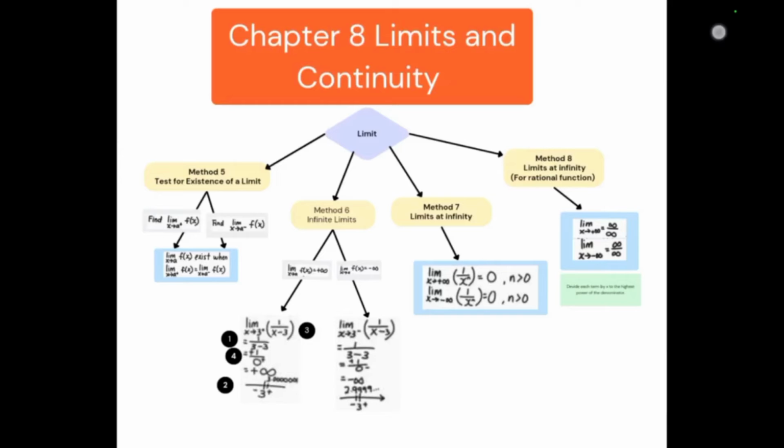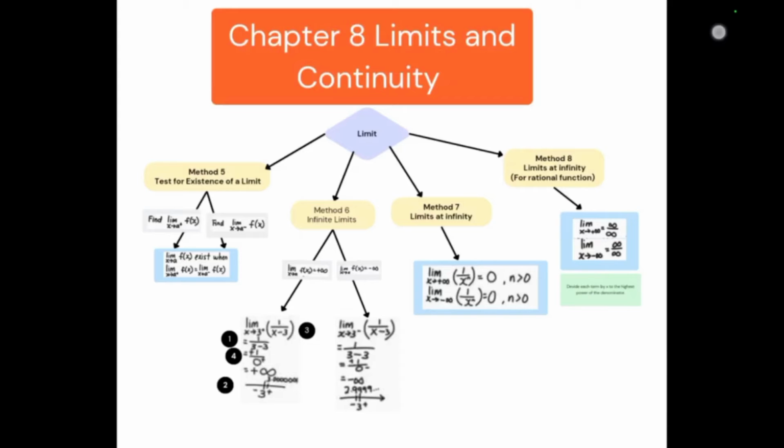You substitute this value to the x, and you will get a positive value in your calculator. So it will become positive infinity. Okay, also the same thing for the other side. Okay, so the next method is method 7, is limits at infinity, where our limit is x approaches positive infinity